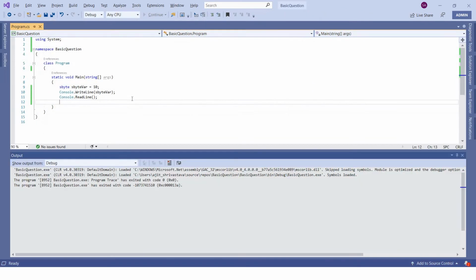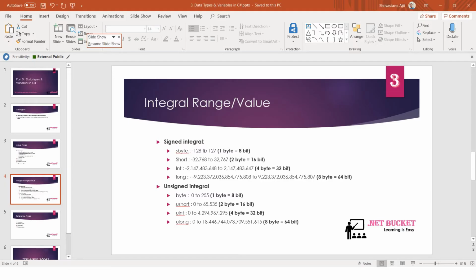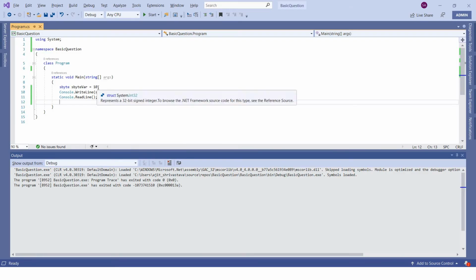So let me close this application, and as I mentioned, sbyte range is -128 to 127. What if I try to give a value beyond the range, 128? Since its maximum value it can accommodate is 127, you can see immediately it starts flagging an error here. That red squiggly line you are seeing is showing that it's an error.